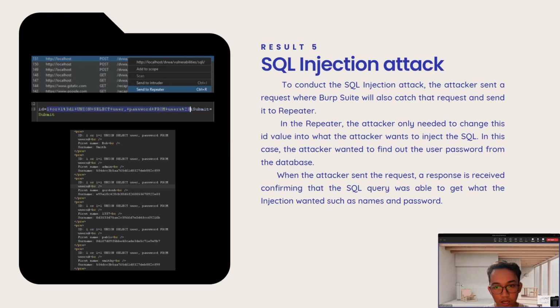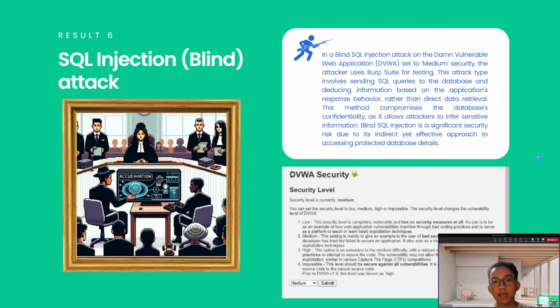And in this case, you can see that in the bottom picture there, we managed to extract sensitive information within the database, which is the user, the password, and the surname, and it has been concluded that our attack is successful for the SQL injection attack. And let's go to the next one, which, I believe, is a blind SQL injection. Now the difference is, for the blind SQL injection, the attacker usually does not get the output of the SQL